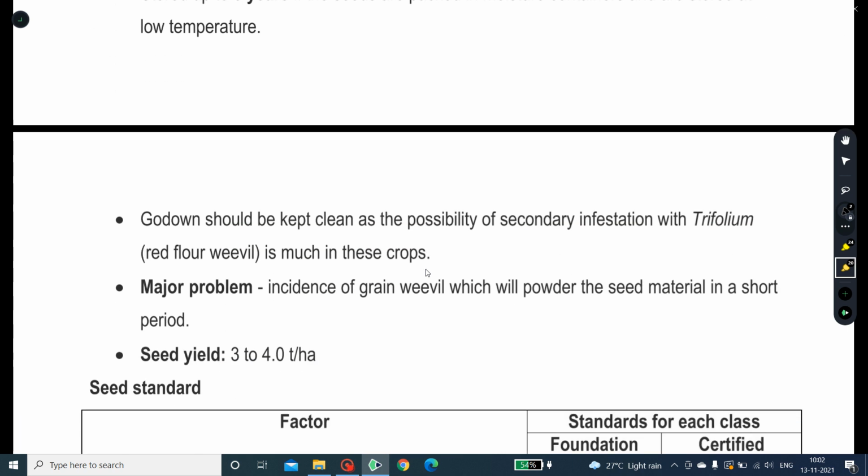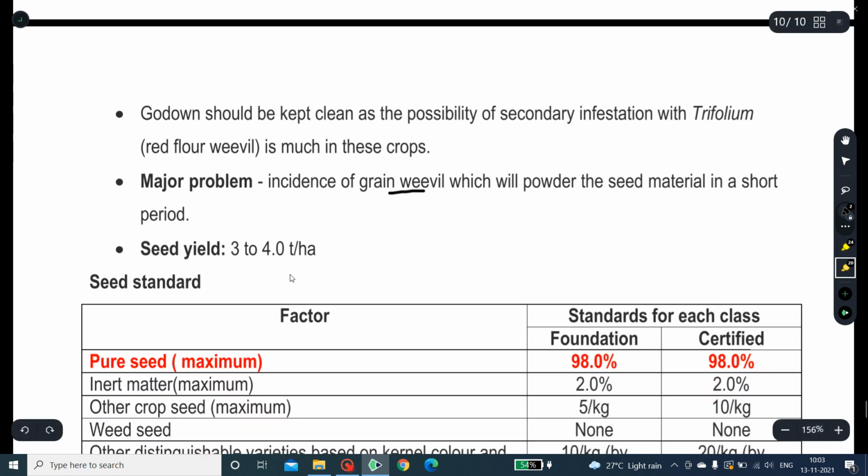The major problem here is the incidence of grain weevil, which will powder the seed material in a short period, and the seed yield is about 3 to 4 tonnes per hectare. And the seed standards in case of